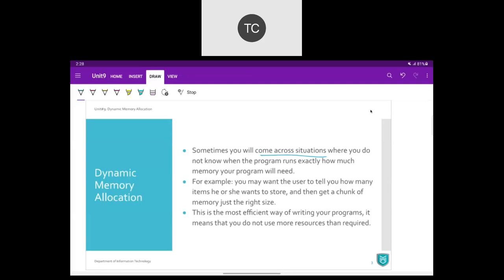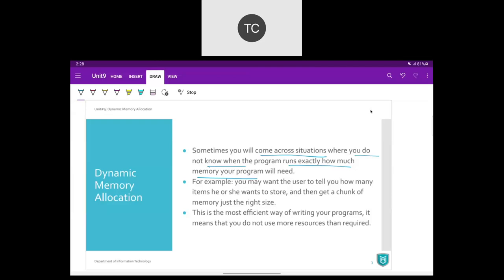So if you do not know exactly how much memory you will require when the program runs, then instead of going for static memory allocation, you go for dynamic memory allocation.